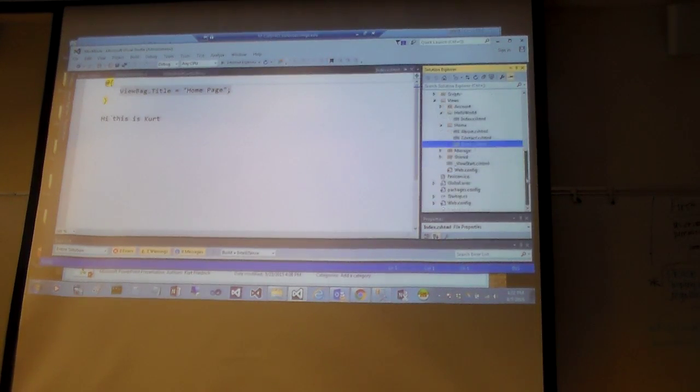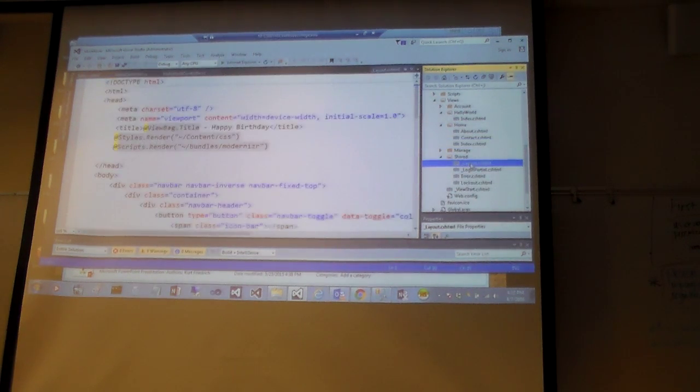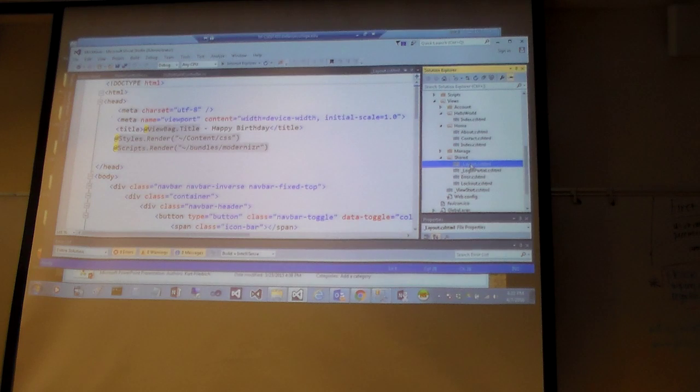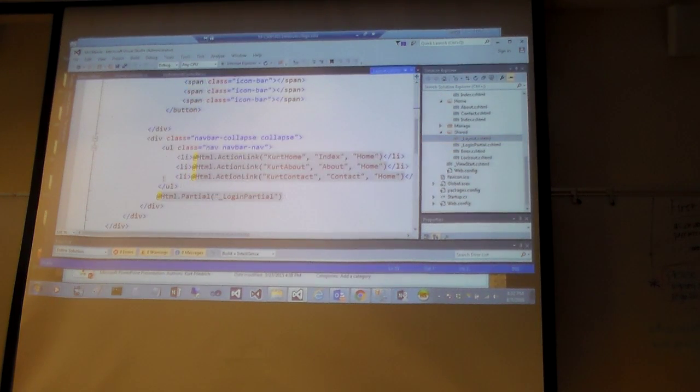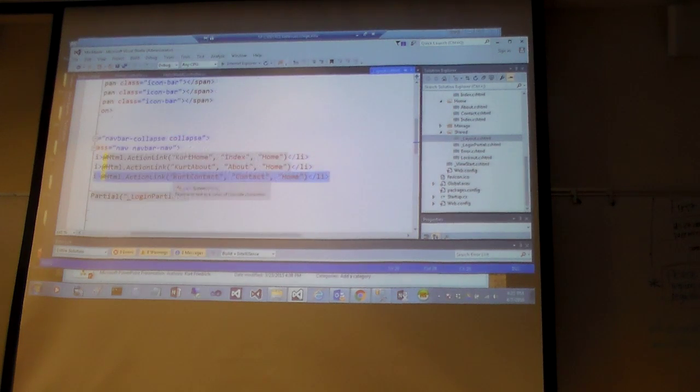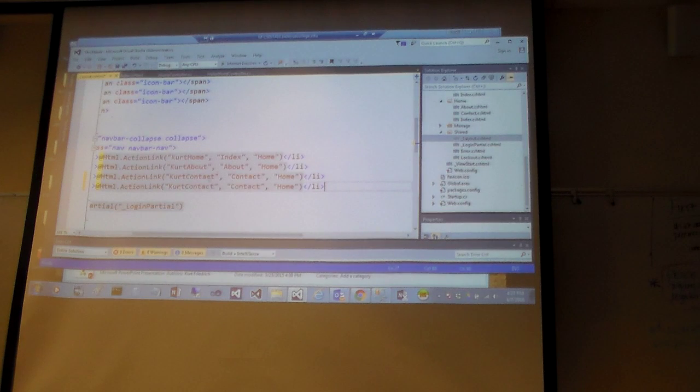So if we go open up the shared layout, and the name of these files is CSHTML, which is cute. It's a combination of C# and HTML. Okay. Now, how do you do a nav bar? Well, I'll tell you how I do a nav bar. I take one of the nav bars, Control C it, and then I Control V it. And this is going to be what's shown. So I'm going to call this hello